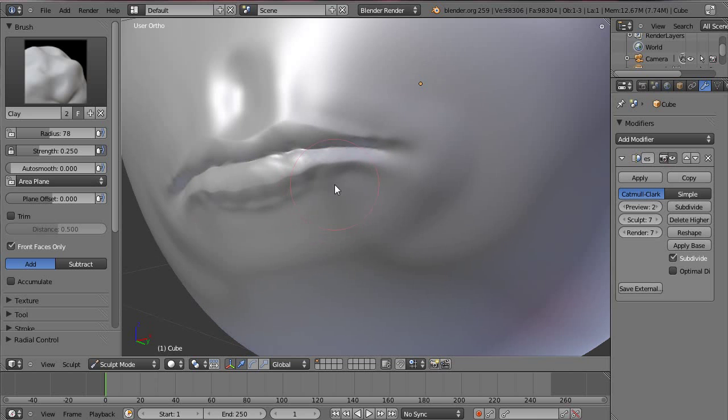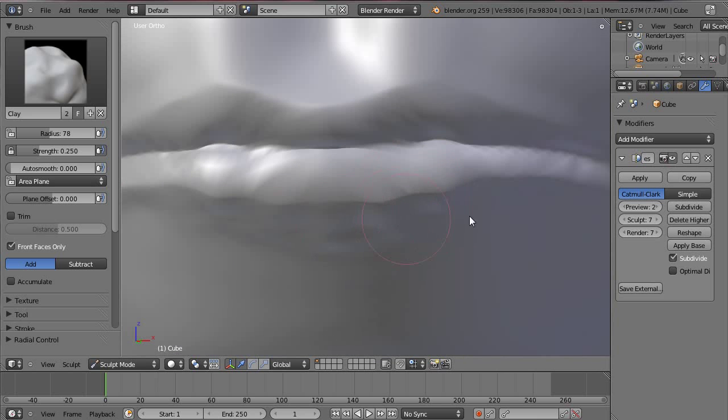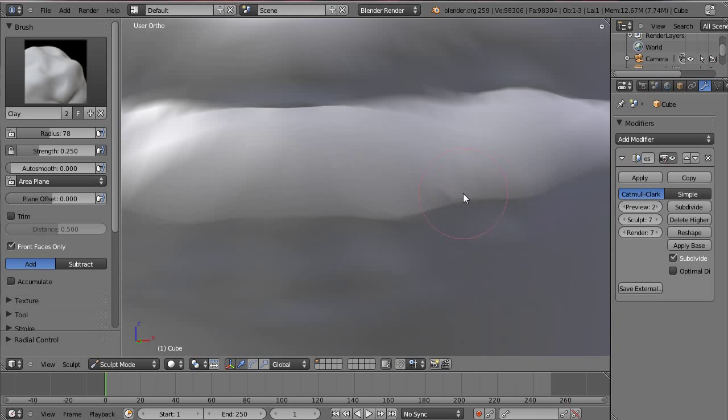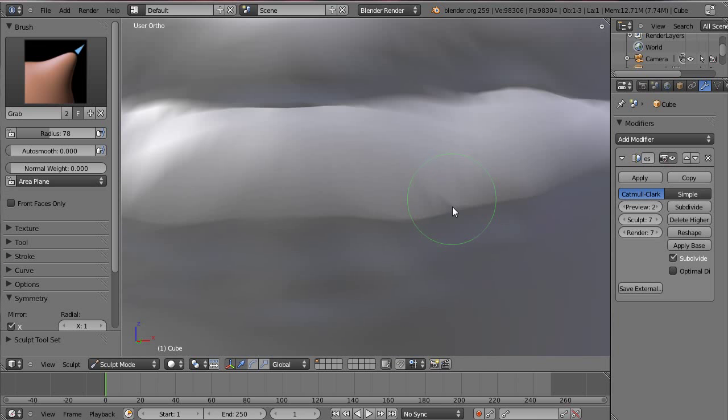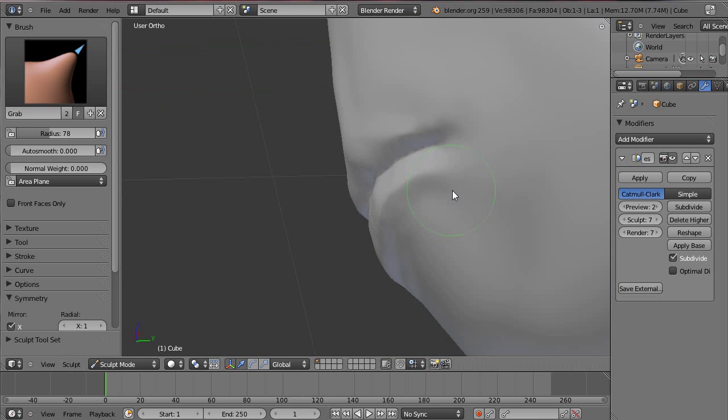There's an actual muscle group that goes around. It's a bit wonky along here, so I could use the grab tool to really smooth that out. So that's a bit better than it was.